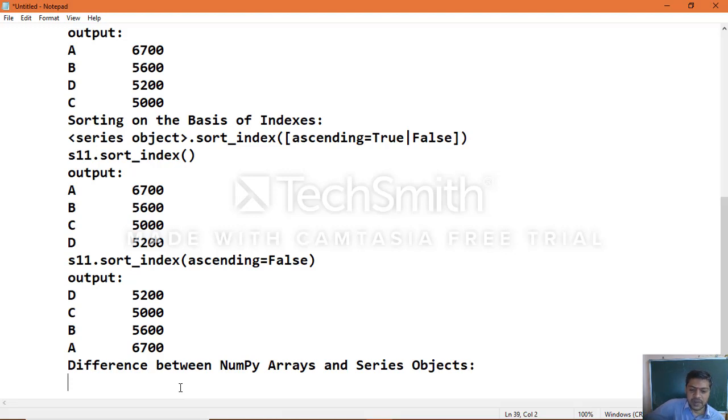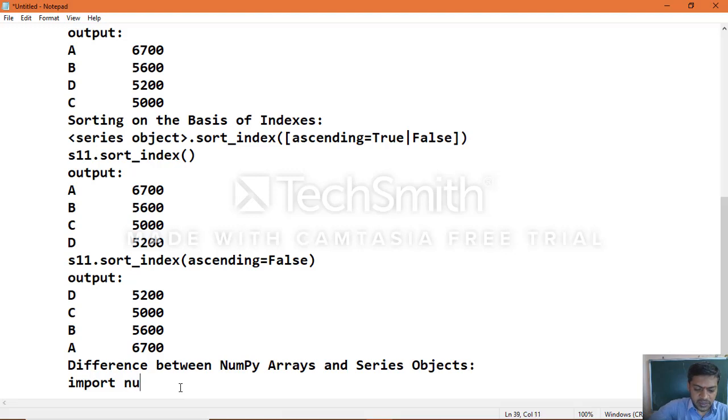So there is no requirement to start with index 0 in series object data. These are the major differences between ND arrays and series objects, and you can see an example here of how ND arrays don't support different shapes.